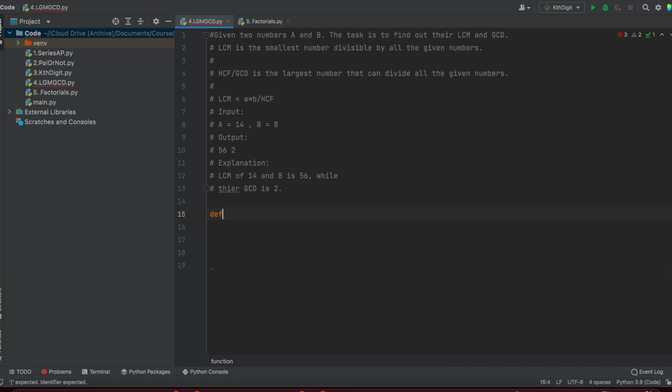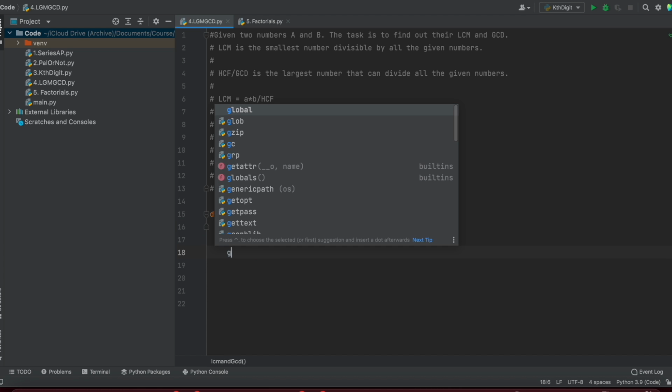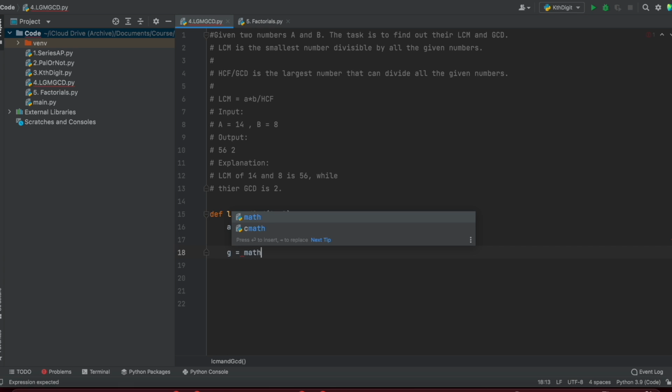I will do def LCM and GCD. Okay, so this function will solve both things, and we will pass the numbers a and b as we have in our task. So once we have those numbers passed, I would like to put those numbers in an array. So let's first create an empty array, and you can do that by writing r equals 0 multiplied by 2. Okay, so now we have an array with two cells, and then let's write g equals math dot